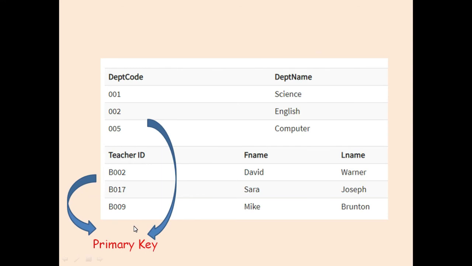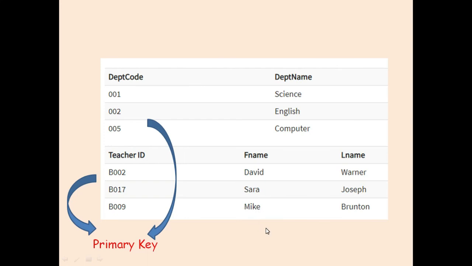Okay, now look into the tables very properly. Now from this table, if I have to find out the name of the teacher who is teaching English, what do I do? If I look into only this table, I do not have the name of the teacher. If I look into only this table, I do not have the name of the department. What this teacher is teaching, the next and next, we do not know.